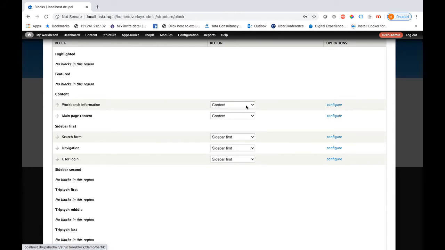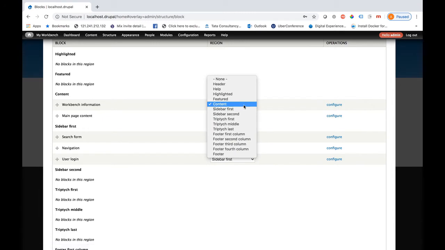Regions means, if I click here, you can see the list of regions. These regions are actually defined in the theme info file. Since I'm not covering the technical subjects here, I'll explain when I take the series of technical classes how to create them.